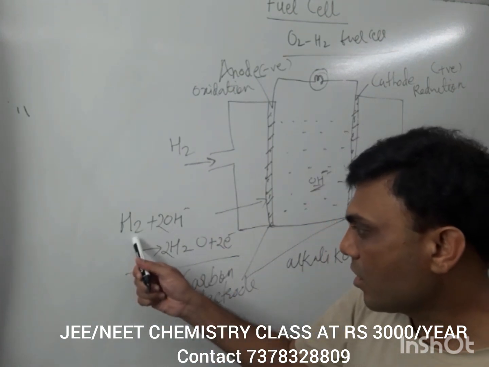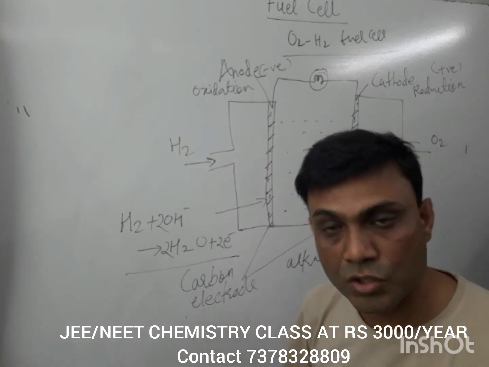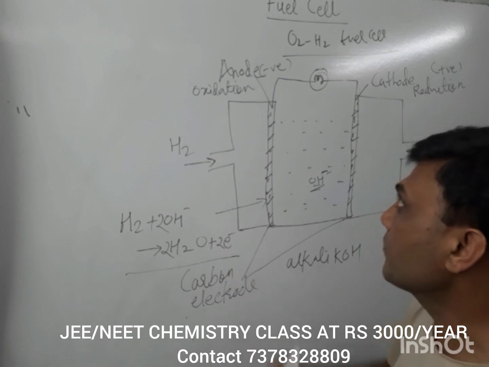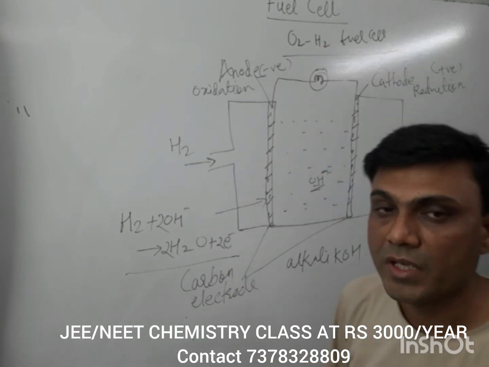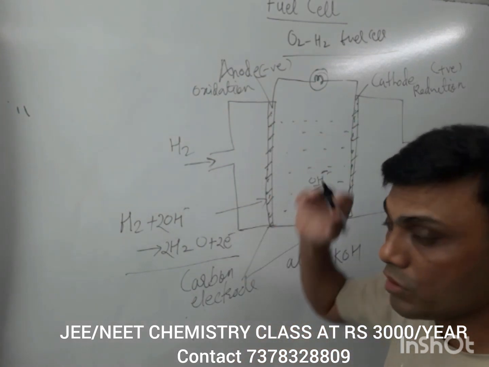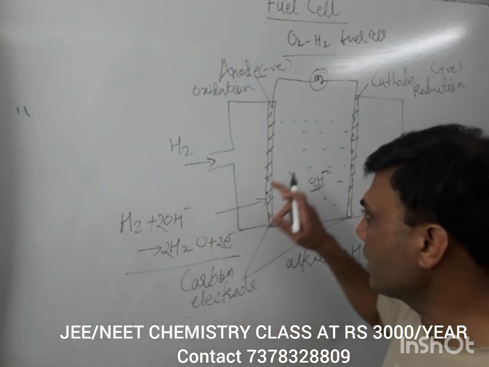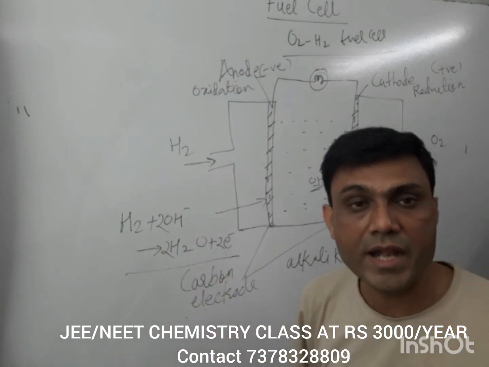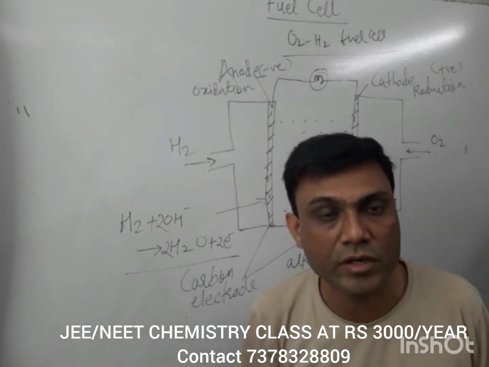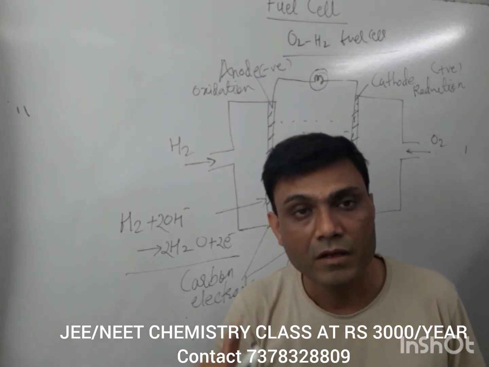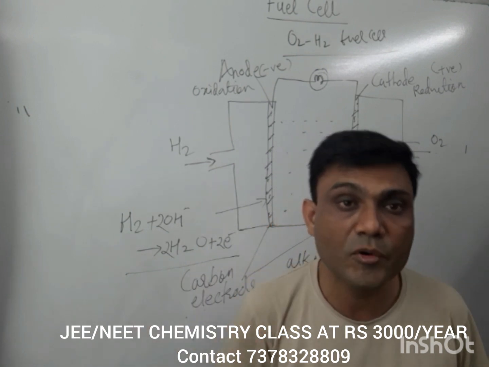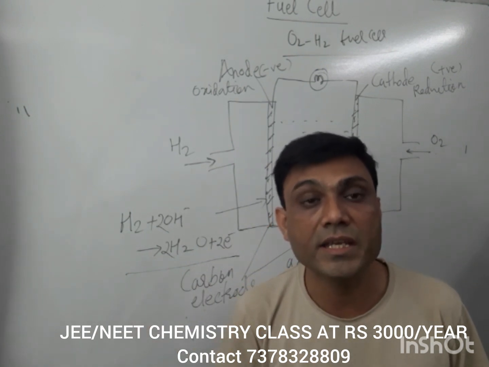Here hydrogen is consumed by the OH negative ions and there is a formation of water. In H2O2 fuel cell, water is generated at the anode. You have to remember, water is generating at the anode and the electrolyte is getting consumed at the anode. That means two things are happening at the anode in H2O2 fuel cell. One important thing is water is generated at the anode and the other important thing is that electrolyte is getting consumed